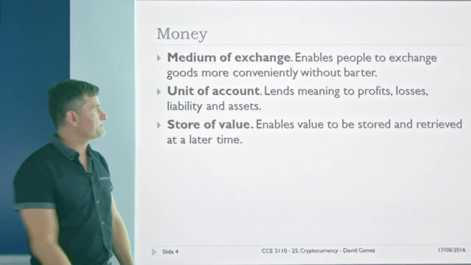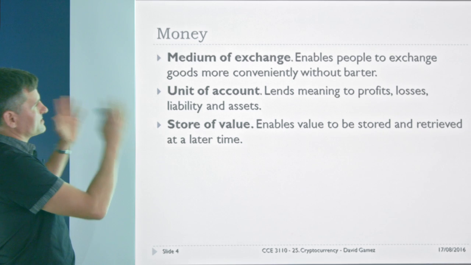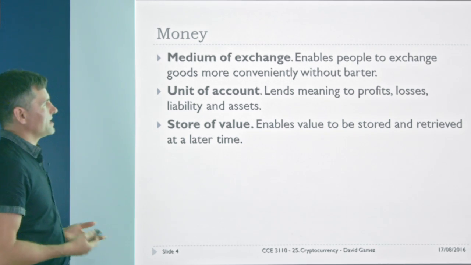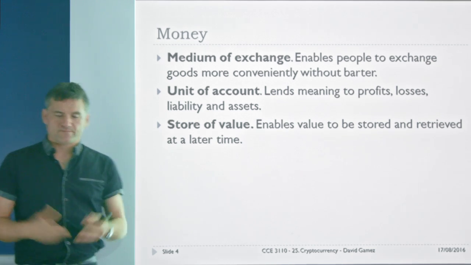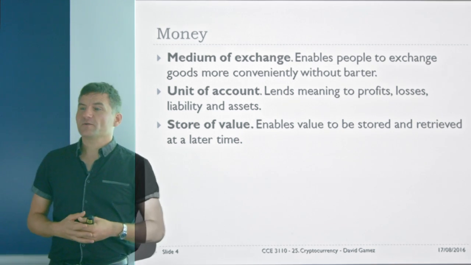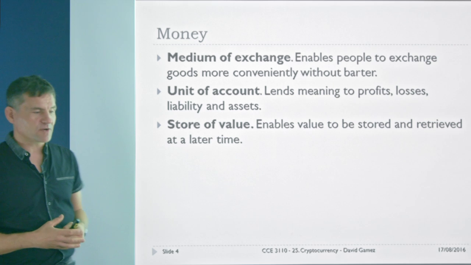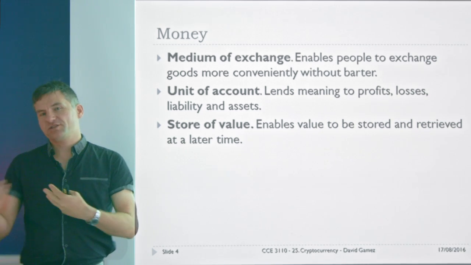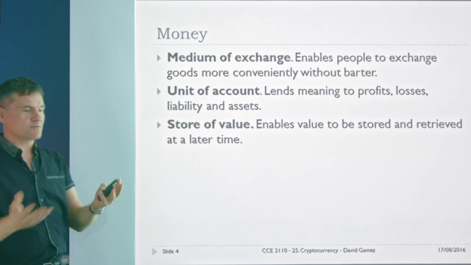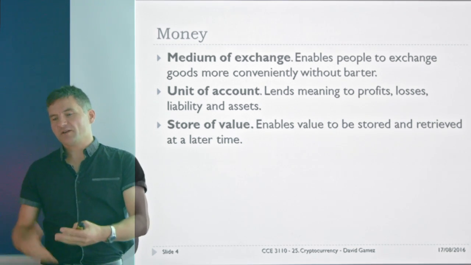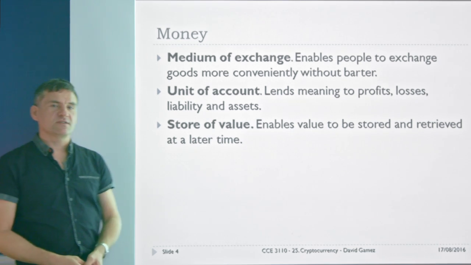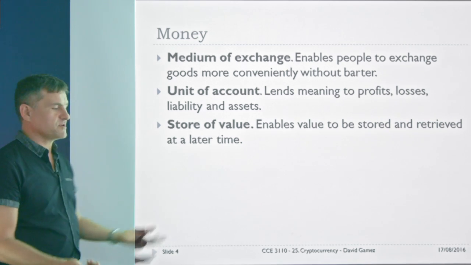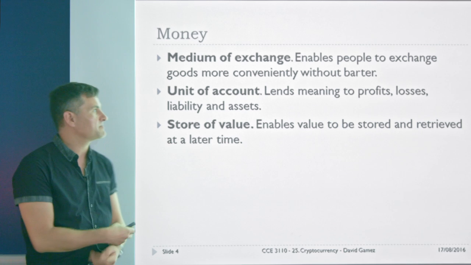So let's start with money. These are some of the classical properties of money that economists talk about. It's a medium of exchange. Back in the day, if you wanted to buy a nice pair of shoes from the local shop, you had to take some of your produce along and exchange it for those shoes. You might have to take along one of your sheep and give them half the sheep in exchange for the new pair of shoes. This is a little bit inconvenient, and maybe the person selling the shoes didn't really need any sheep at that particular point in time.